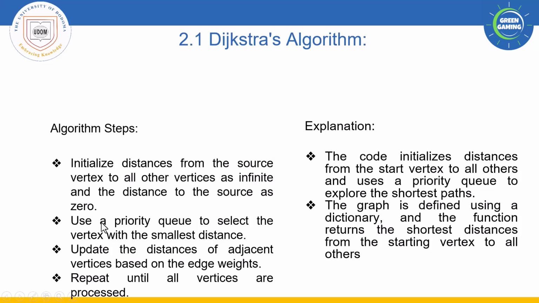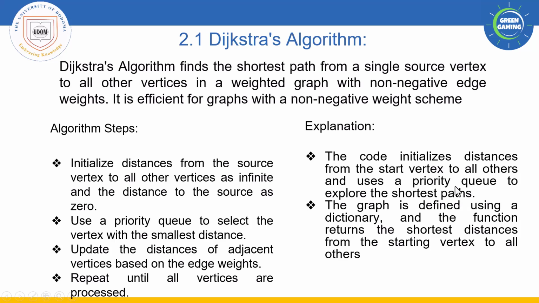The second step is to use a priority queue to select the vertex with the smallest distance. Then update the distance of adjacent vertices based on the edge weight. Then repeat until all vertices are processed. An example of this is code that initializes distance from the start vertex to all others and uses a priority queue to explore the shortest path. The graph is defined using a dictionary, and the function returns the shortest distance from the starting vertex to all